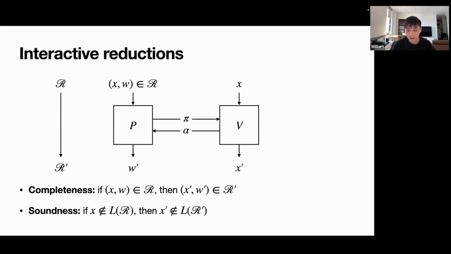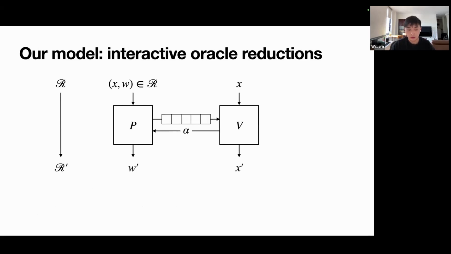And the second property is soundness, which basically says if the original statement is not in the language, then the new statement will also not be in the language with high probability, no matter what a malicious prover might try to do. Okay. So in this work, we consider a very closely related model, which we introduce and call interactive